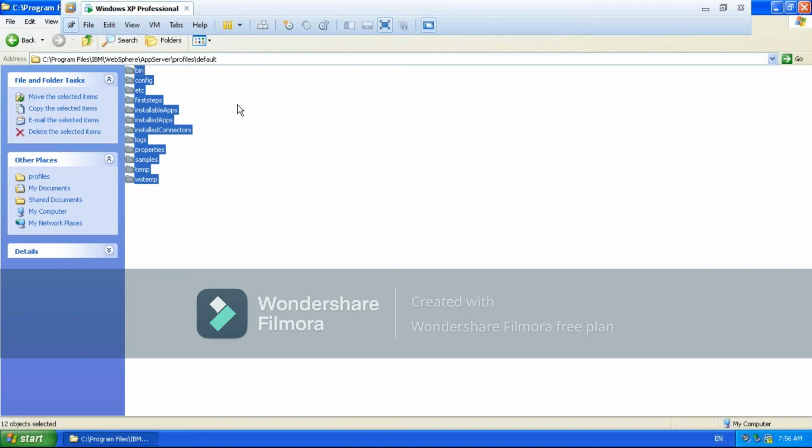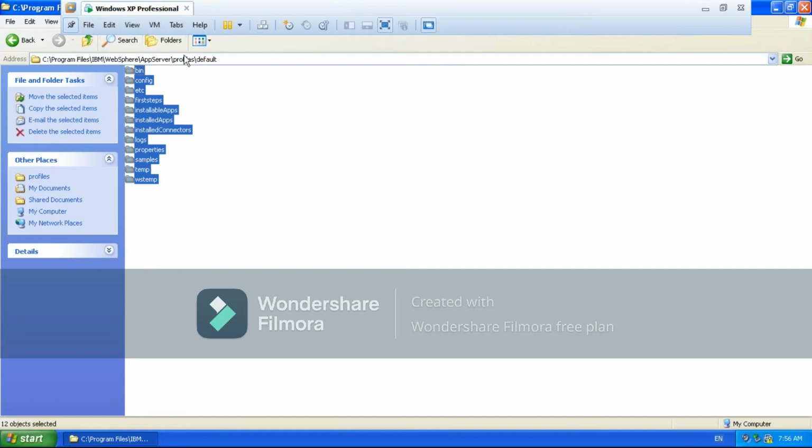What do you mean by profile? Profile is the heart of WebSphere. The exact definition is, profile is nothing but what creates the complete runtime environment of WAS. To run the WAS, we create the complete runtime environment as 3 layers: cell level configuration files, inside that node level configuration files, inside that server level configuration files. That server is nothing but your application server, which you are going to administer.